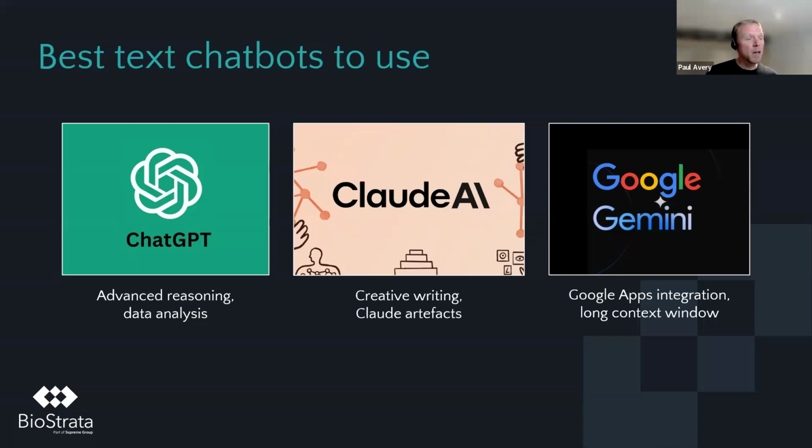But for now, what you need to know is that ChatGPT is your sort of go-to for everything. Like it's pretty good at text creation. It's pretty good at answering questions. It's got a data analysis module, as you'll see in a moment, that allows you actually to analyze data. And they've just released a new advanced reasoning feature, which allows the tool to solve harder problems like what would be the steps I would need to go through to build the most amazing marketing plan?